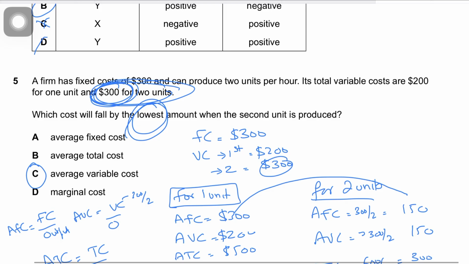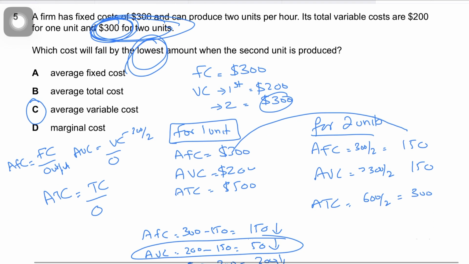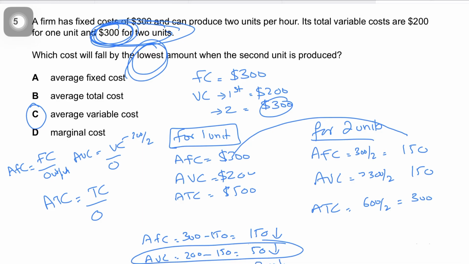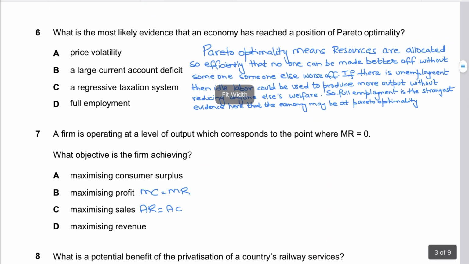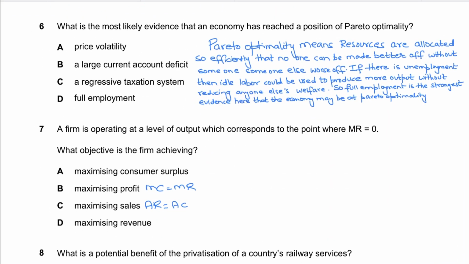So think, calculate, read it again, just ponder upon what the question is saying. Maybe you don't figure it out on your first go, but ultimately you will figure out what the question is asking, right? Okay, next question. Question number 6 says, what is the most likely evidence that an economy has reached the position